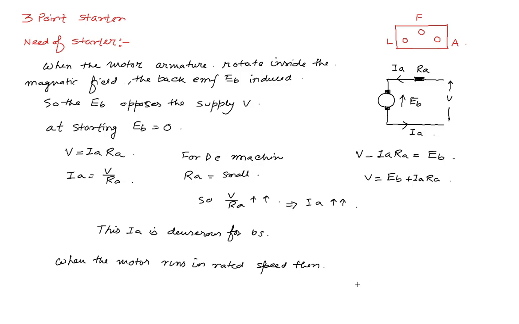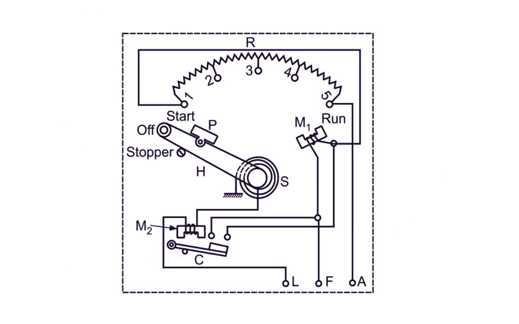then EB is not equal to 0, and V minus IA RA is equal to EB. So V is equal to IA RA plus EB. Then IA is not that high. To overcome this, we have to introduce one device called a 3-point starter,